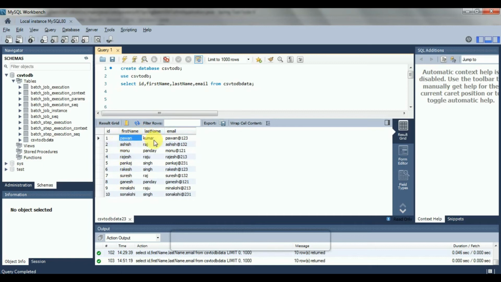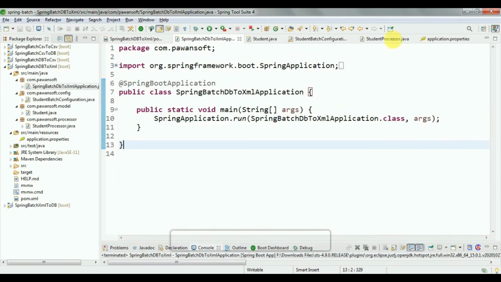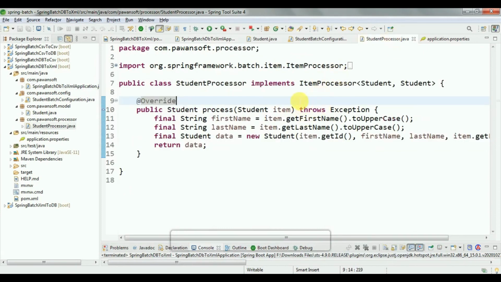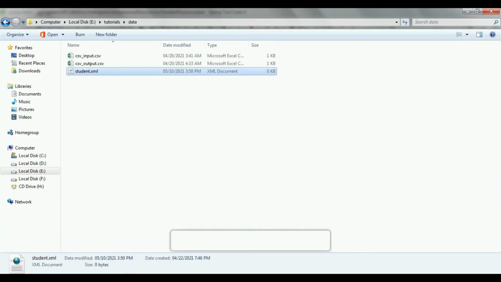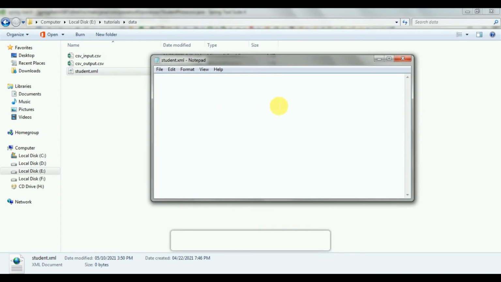So while writing this data in the XML file, the first name and last name will be converted to uppercase, because we have already seen the ItemProcessor. In the processor class I'm converting the first name and last name to uppercase, and then let's see the XML file. So in the XML file we have 0 KB. So the XML file is currently empty.